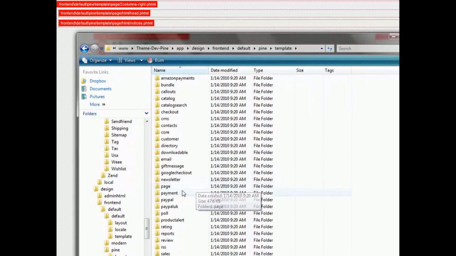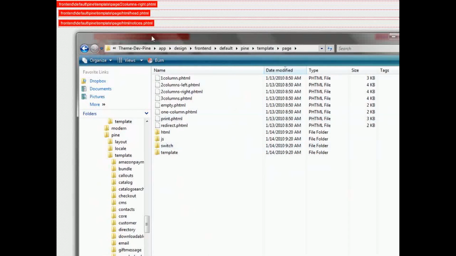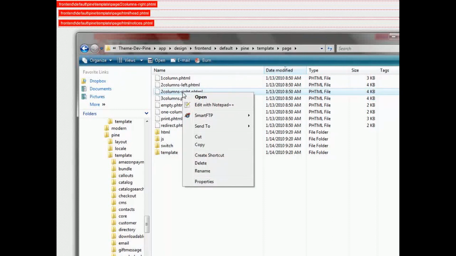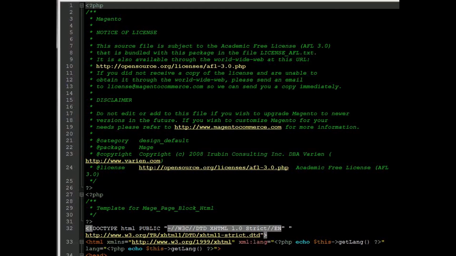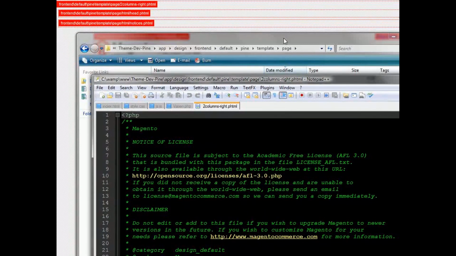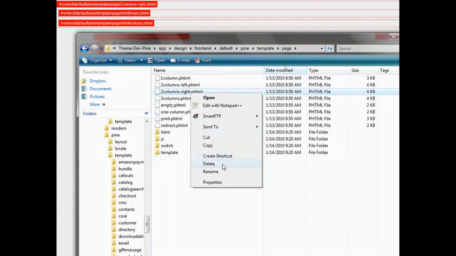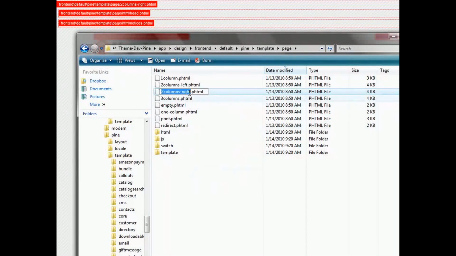Now I'm looking for page. It's right here. And inside of page, lo and behold, there is a 2-column left and a 2-column right. 2-column right is what I want to work with. So I'm going to go ahead and I'm going to open it in Notepad++. Just beautifully popped open for me. Now I'm going to do a little bit of trickery here. I'm going to take this one, I'm going to rename it to right